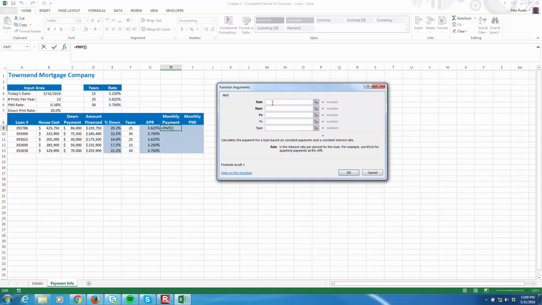What is the interest rate? What are the number of periods of that loan? And what's the present value of that loan? The PMT function, or the payment function, is used to calculate a per period payment, in this case